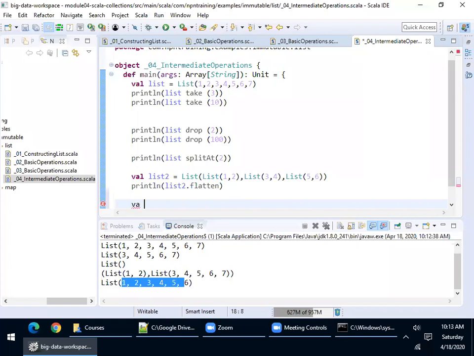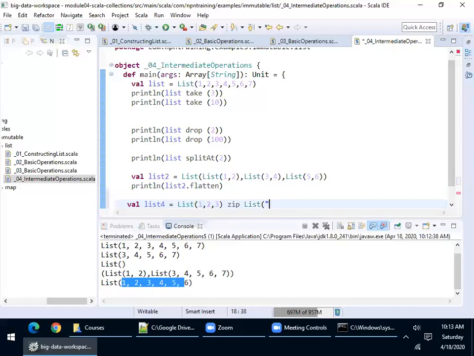Say for example, let me create one variable, list4. Let me create one list and store it in a variable, a list of some values. Now please look at this. I'm invoking a method zip here. I'm trying to zip with another list. This is very important. Let me give 1, 2, 3. Can you see this? On a list, I am invoking the zip method with another list. Let's see what happens here.